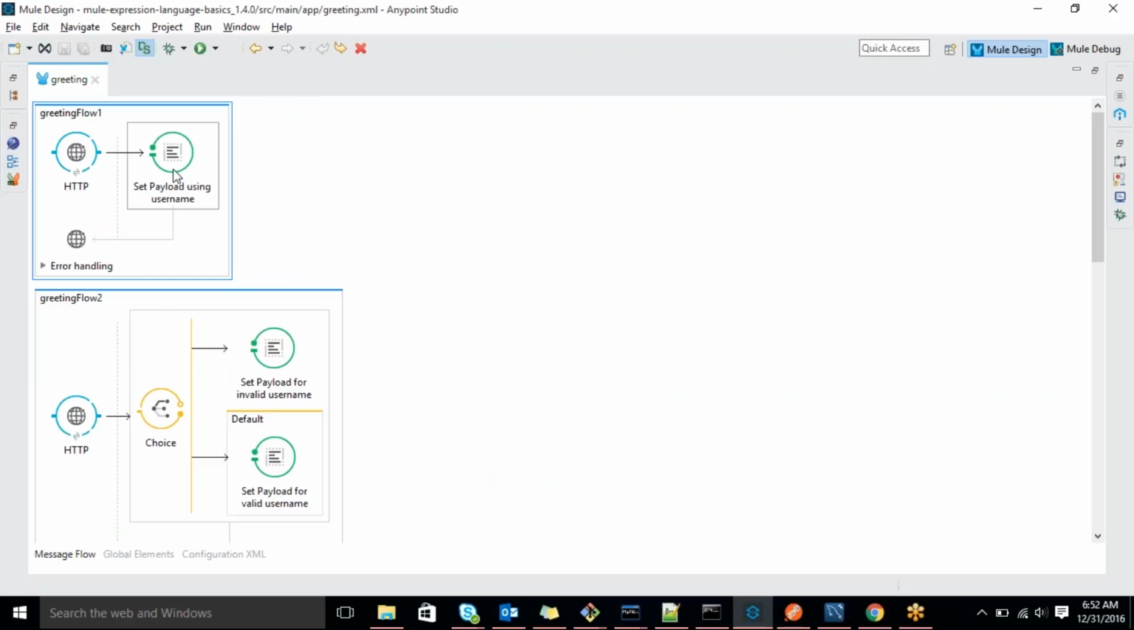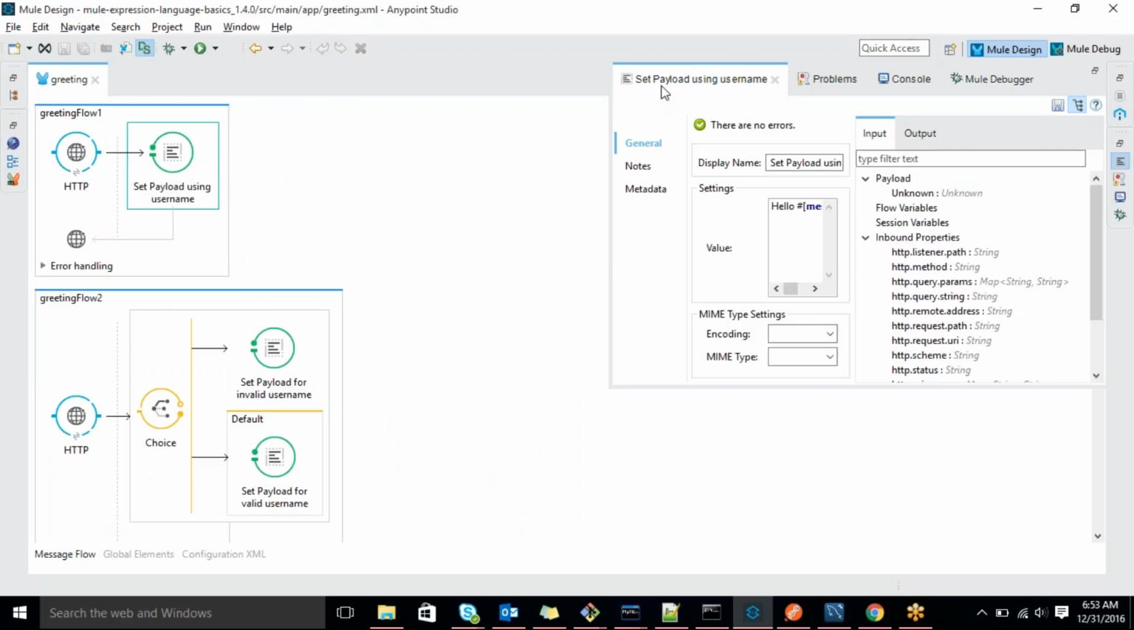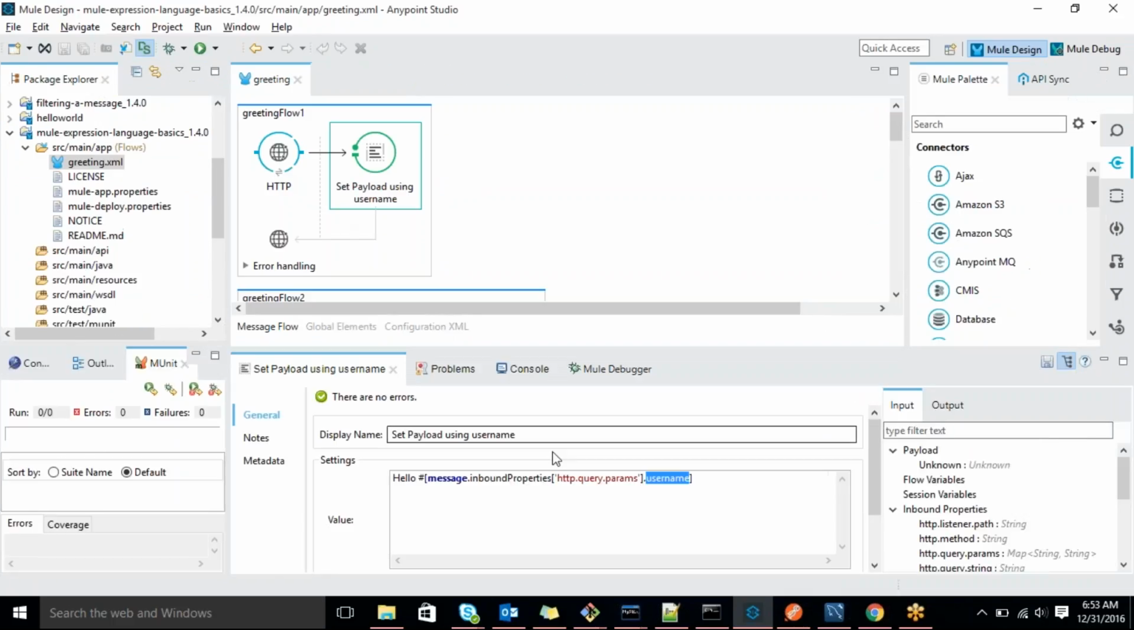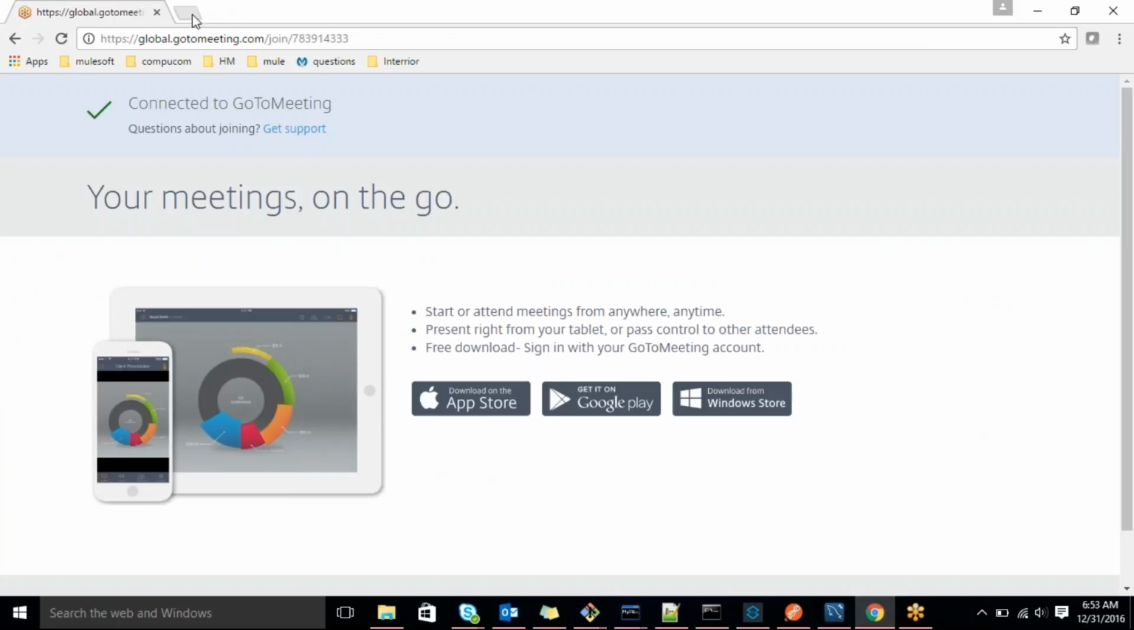So first one is just payload. The user will send some query parameter, so we are receiving that. Okay. So how will we receive it? There is a syntax called message dot inbound properties of HTTP query params dot username. Because the user enters some query parameter. So how will it look like? Query parameters means